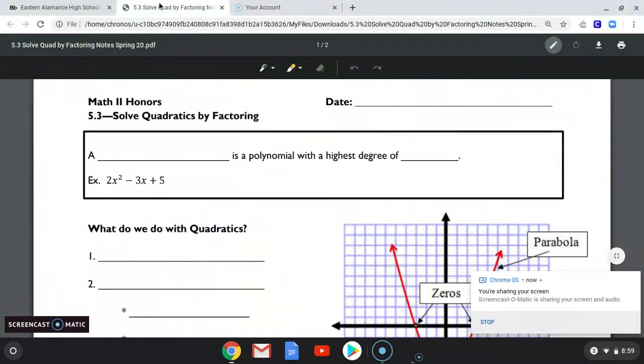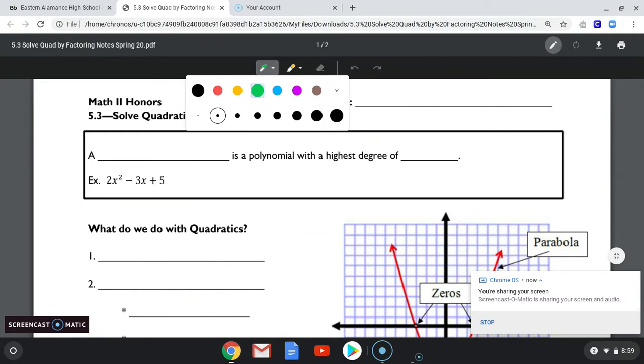Hey everybody, we're going to do solving quadratics by factoring. Once again, this is another Math 1 concept, but it was at the beginning of our Unit 5. So we're going to go through some basic notes just to refresh your memory on how to solve a quadratic by factoring. First of all, let's remember that a quadratic,